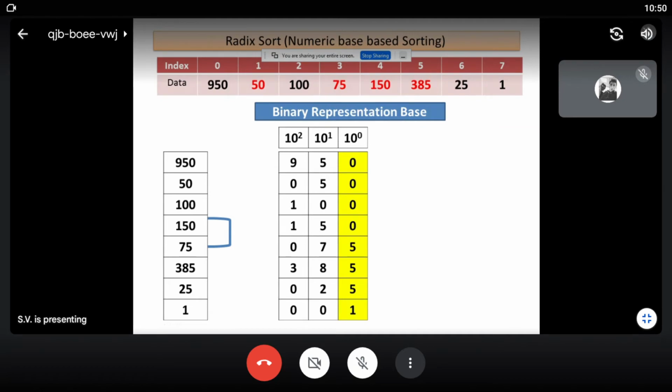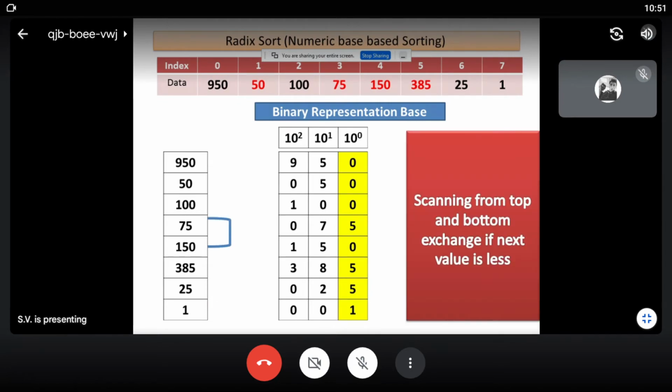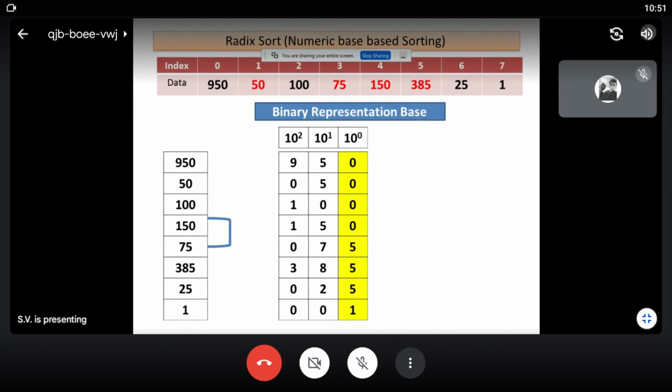So you can see the first exchange. Yes, participants, able to view the first exchange? 75, 150. So you can see 150 comes above, 75 goes below. Even though 150 is greater than that, we have to sort it on that basis.